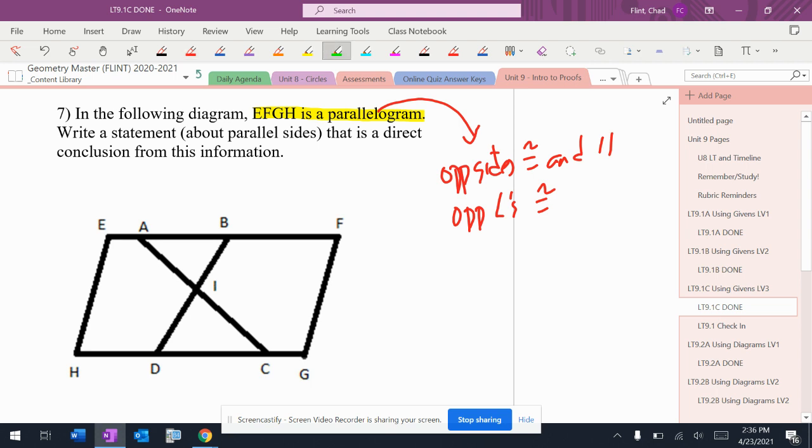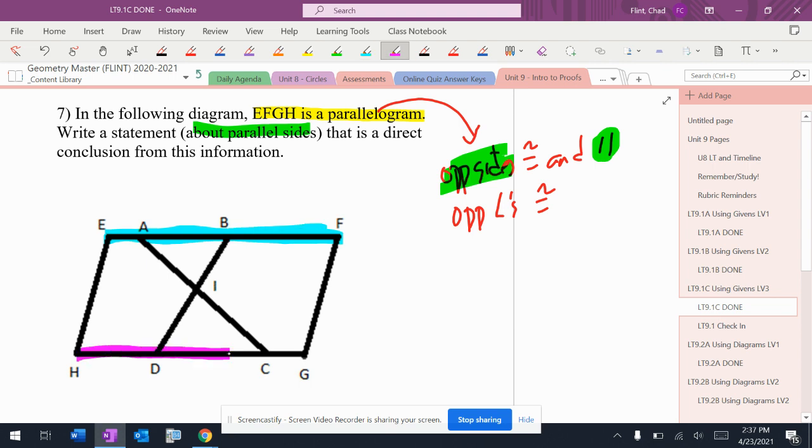This says write a statement about parallel sides that's a direct conclusion. Well, what it told me is that opposite sides are congruent and parallel. So opposite sides are parallel. So I just have to pick a pair of opposite sides and say, hey, these are parallel, and then say why. Now, knowing what I know about proofs, and I don't care if you do this or not right now